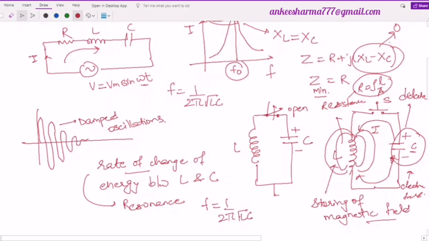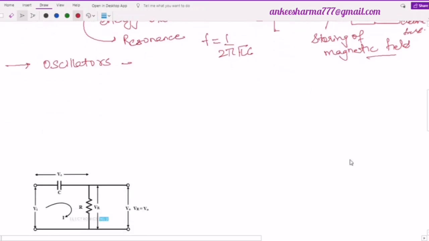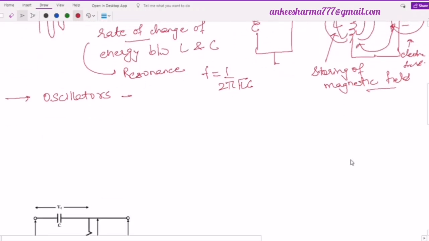So in addition to this oscillator, in this case the tank circuit, we also need a circuit or a system which is capable of maintaining the amplitude of these oscillations. Then only these oscillations will continue. So what we do, I will make use of positive feedback here. So what is this positive feedback? Let us discuss positive feedback systems.